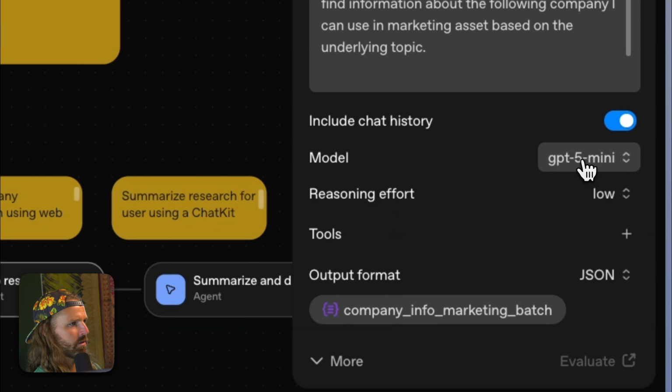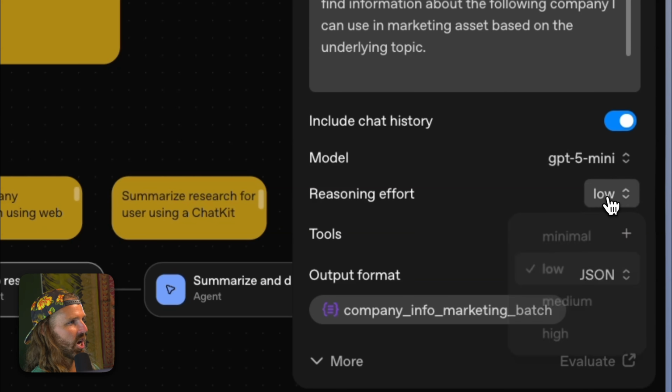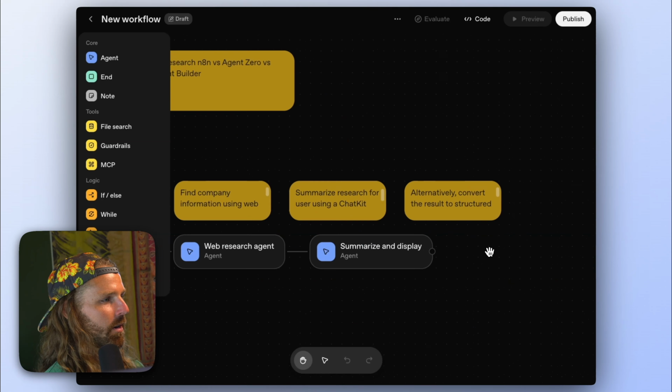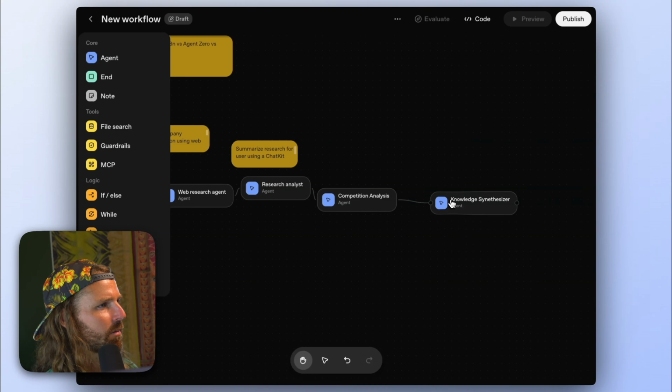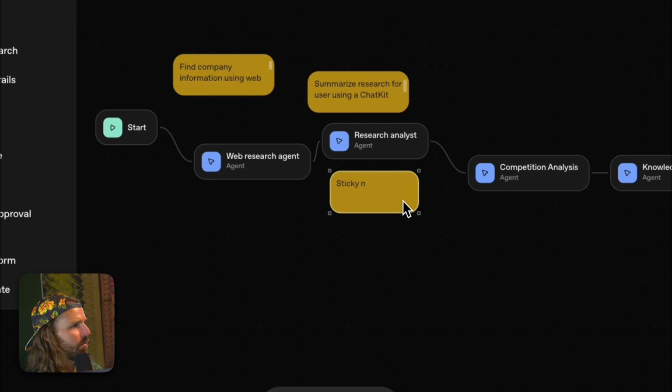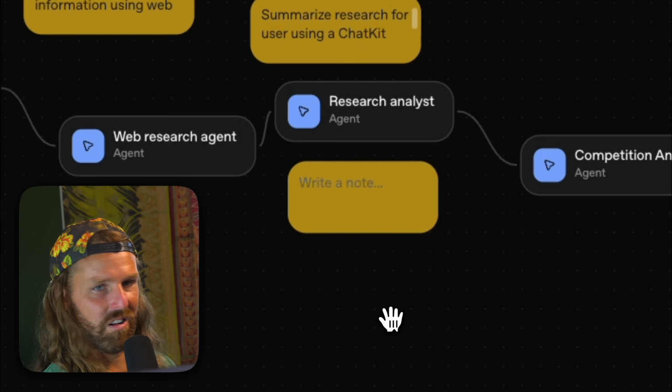So you can choose the model, all OpenAI models, of course, vendor lock-in. Let's see what else we can do though. How do I add a new node? How do I disconnect this? To be honest, it should be a double click to open that or something. Ugh, oh my gosh. I know I'm just used to n8n, but this is really, how do I move this? Ugh, I don't know, man.